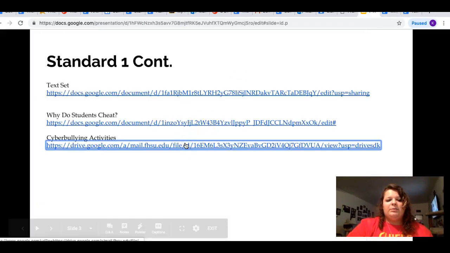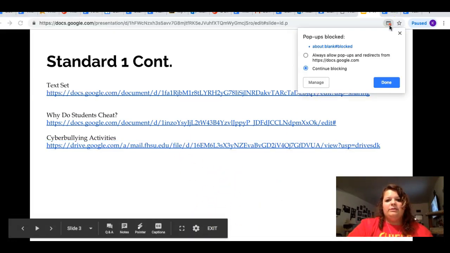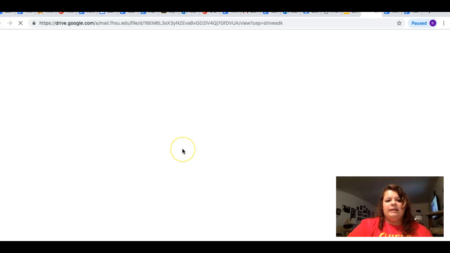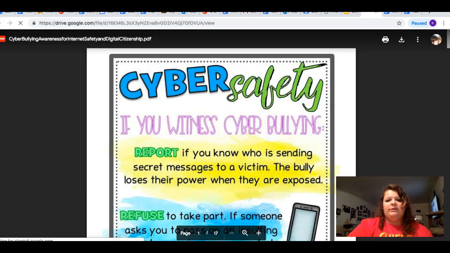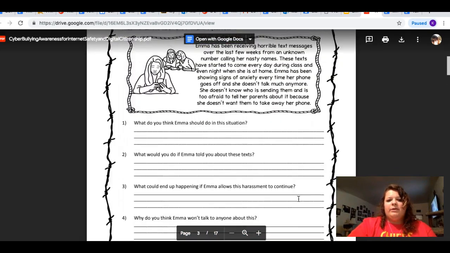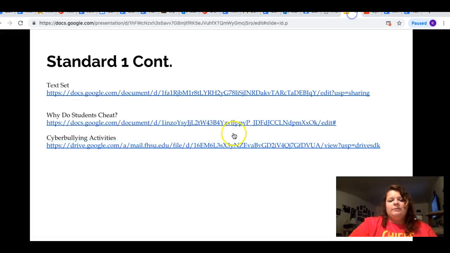And lastly, cyberbullying activities that both the classroom teachers and LMS can use in their classrooms, and what needs to be done in them as well. All of these activities can be used in different grade levels. Obviously, they should probably be used from 4th grade all the way up to senior year, but any of these can be used as well.